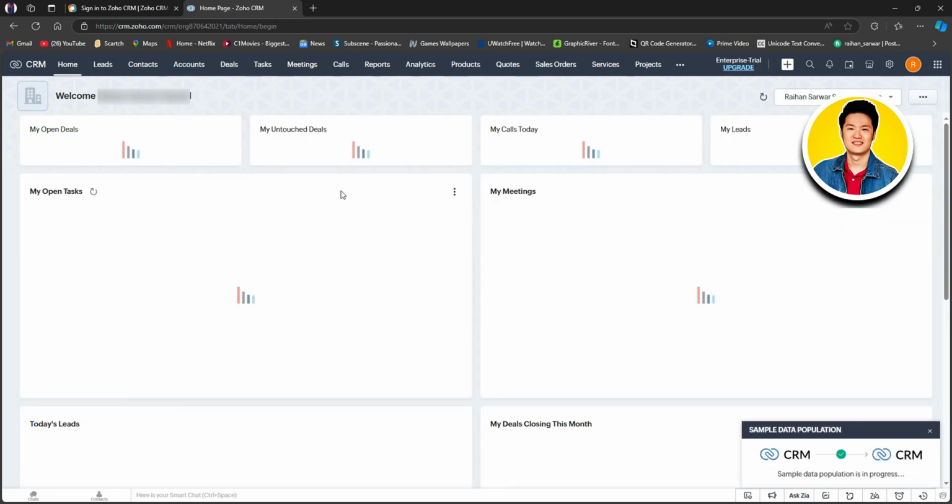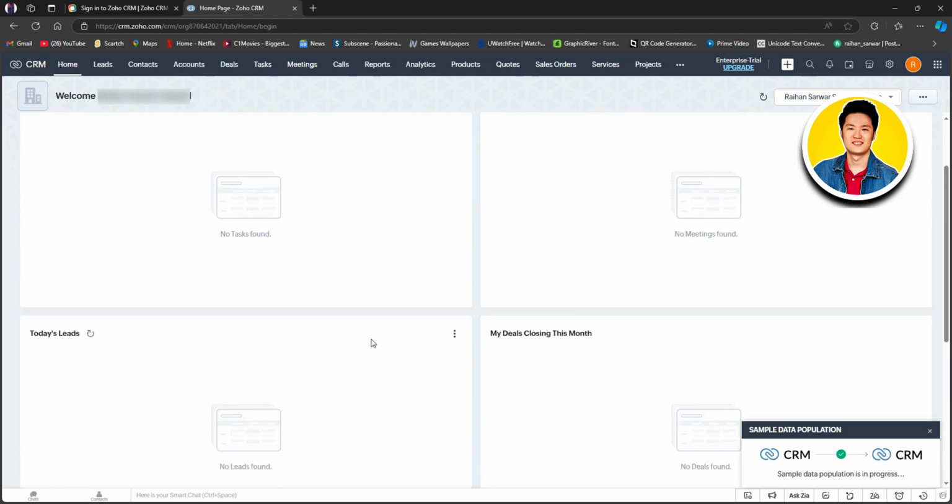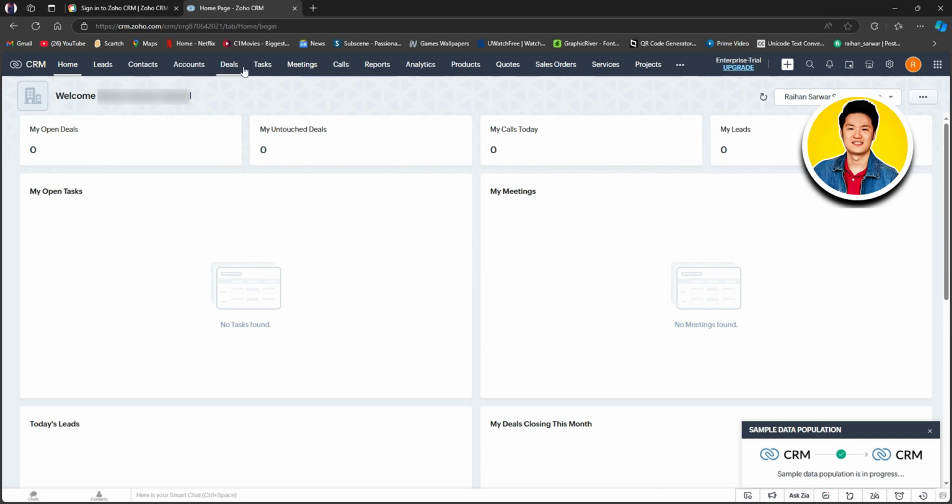Wait for it to load up and you will get to see all of these details right here. And if you scroll down further, you will get to see additional information. And since our account is new, there is nothing available. So here, on the top panel, you will get to see a lot of options that you can utilize. Now, let's click on the three dots on the right, and you will get to see Add Component, Reorder, and